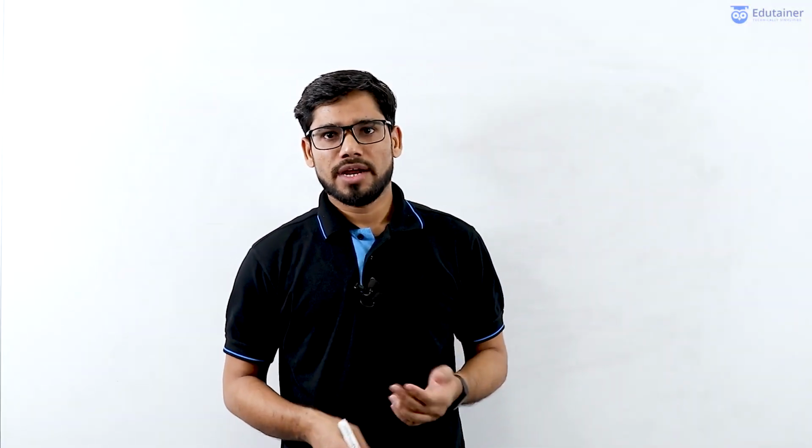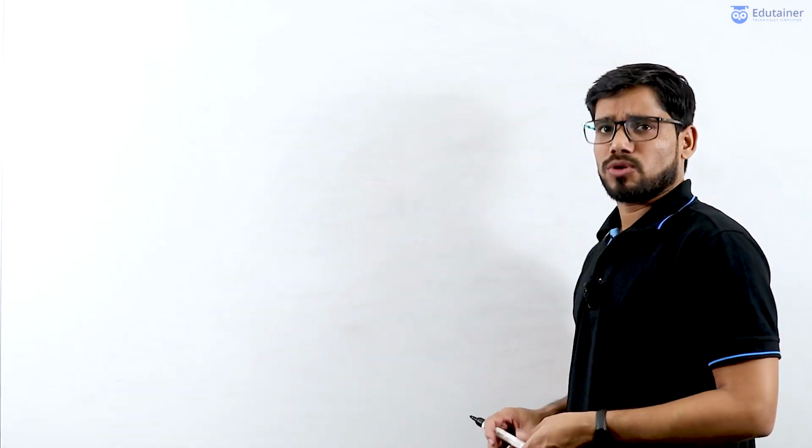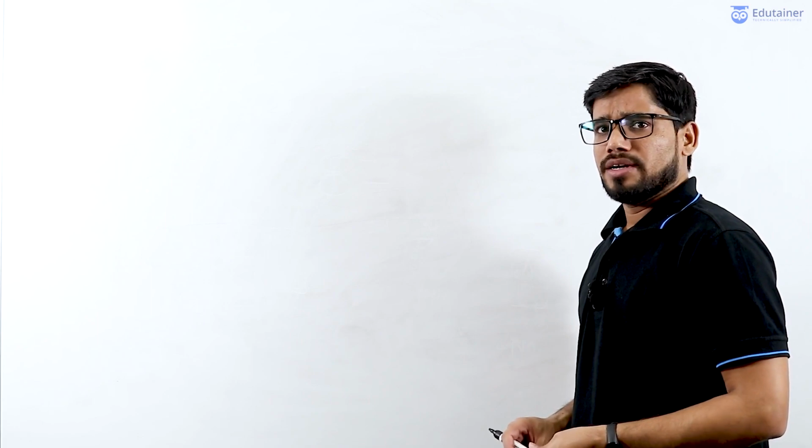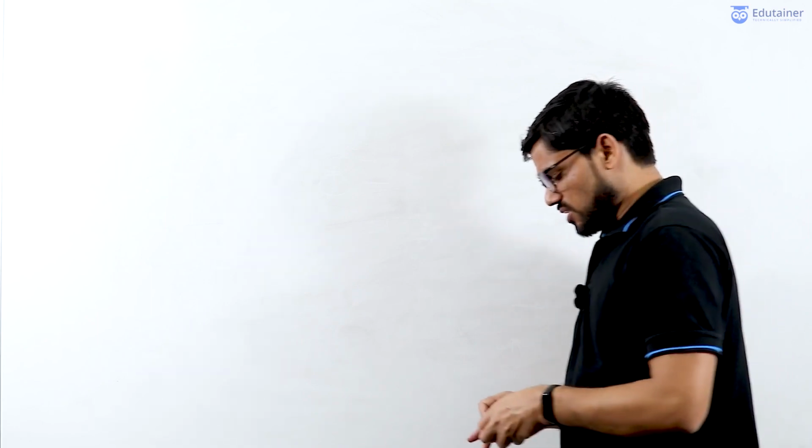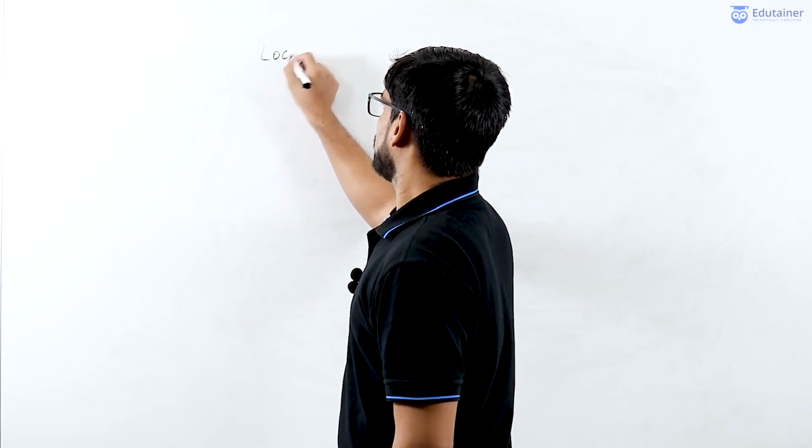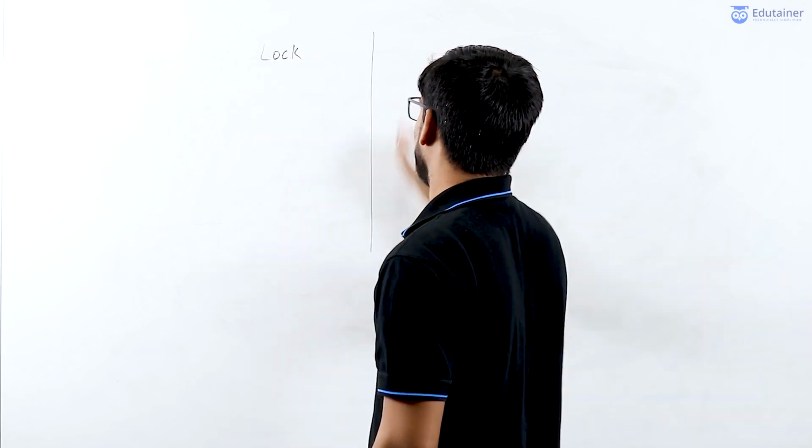Hi all, let's see the difference between lock variable and the turn variable. So lock variable is our solution number 1. It is also a busy waiting solution, and similarly turn variable is also a busy waiting solution, and it is solution number 4, which we have discussed in earlier videos. So if we see the difference between lock and turn variable,